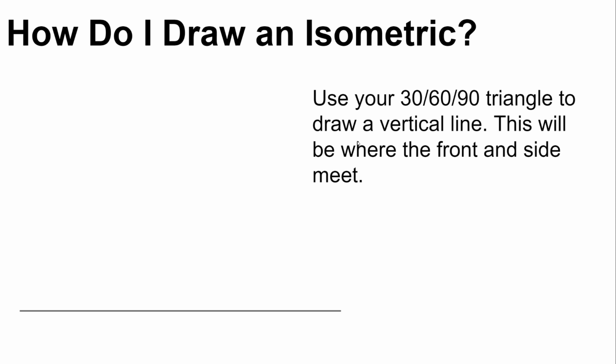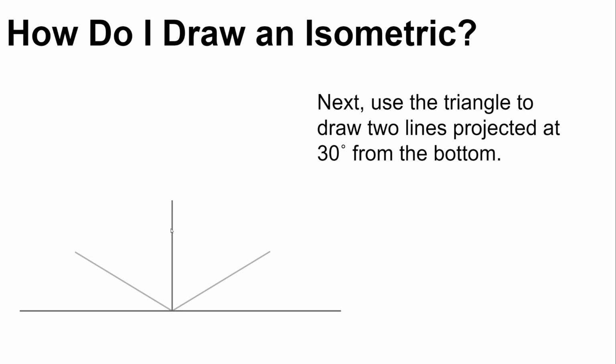Now for an isometric, again, we're using that 30-60 triangle. We're just going to start with our 3 axes. So this would be our front face or our x-axis. This would be part of our side face or our y. And then this would be to help construct our height or our z-axis. So you can think of this as our width, our depth, and our height. And I always just start with that origin point and draw my 3 axes, and then I'll establish what I want the width to be, what I want the depth to be, what I want the height to be,